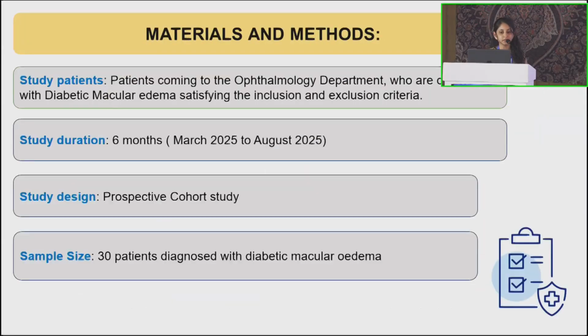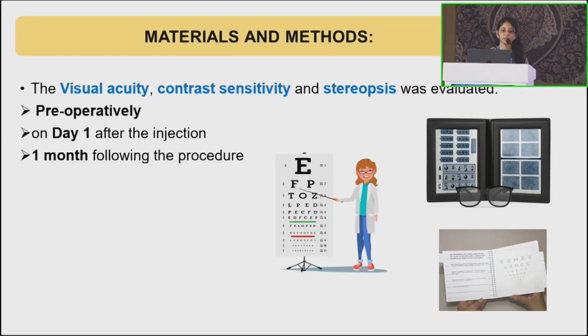The study patients included patients coming to the ophthalmology department who were diagnosed with diabetic macular edema satisfying the inclusion and exclusion criteria. The study duration was 6 months, from March 2025 to August 2025. The study design was a prospective cohort study and the sample size included 30 patients diagnosed with diabetic macular edema. The visual acuity, contrast sensitivity and stereopsis were evaluated preoperatively, on day 1 after the injection, and 1 month following